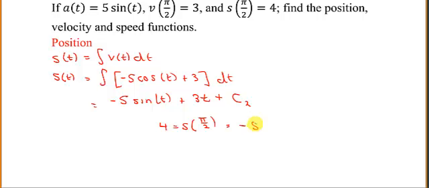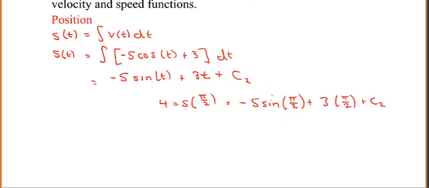So that would be negative 5 sine of pi over 2 plus 3 times pi over 2 plus c2. And sine of pi over 2 is 1. So 4 is equal to negative 5 times 1 plus 3 pi over 2